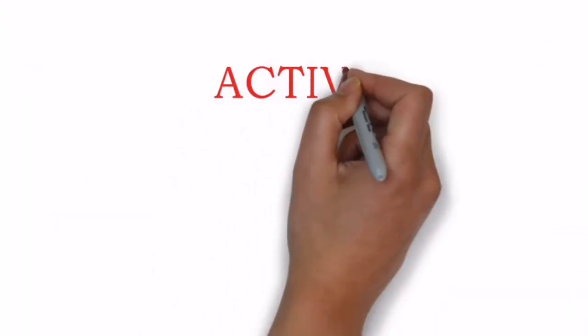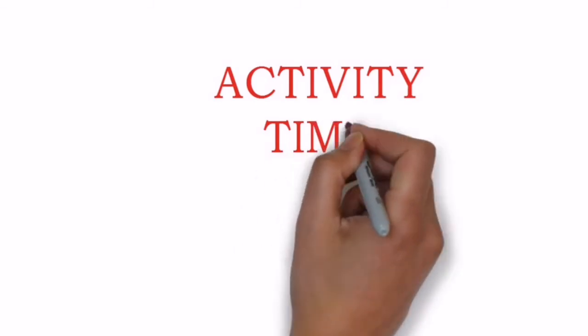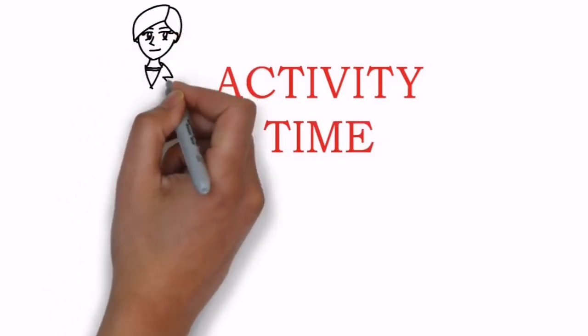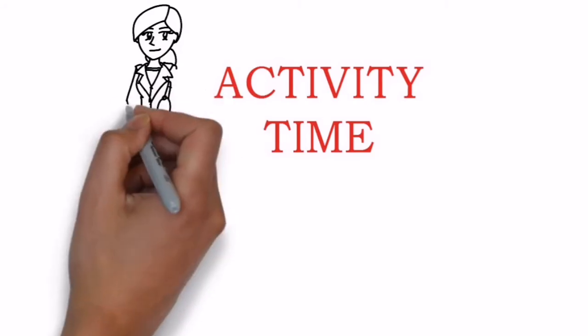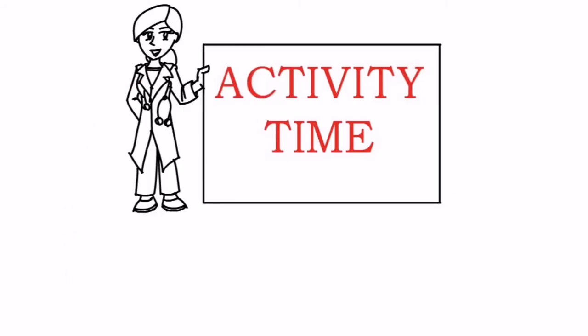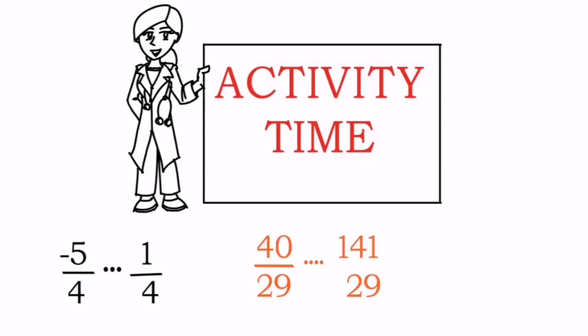Okay, so as we have understood the comparison of the rational numbers, let's have some activity time to test our knowledge. For this activity, I have given a few rational numbers to be compared by you. After comparing them the way we decided, by doing cross multiplication between numerator and denominator, write your answer in the comment section below without fail.